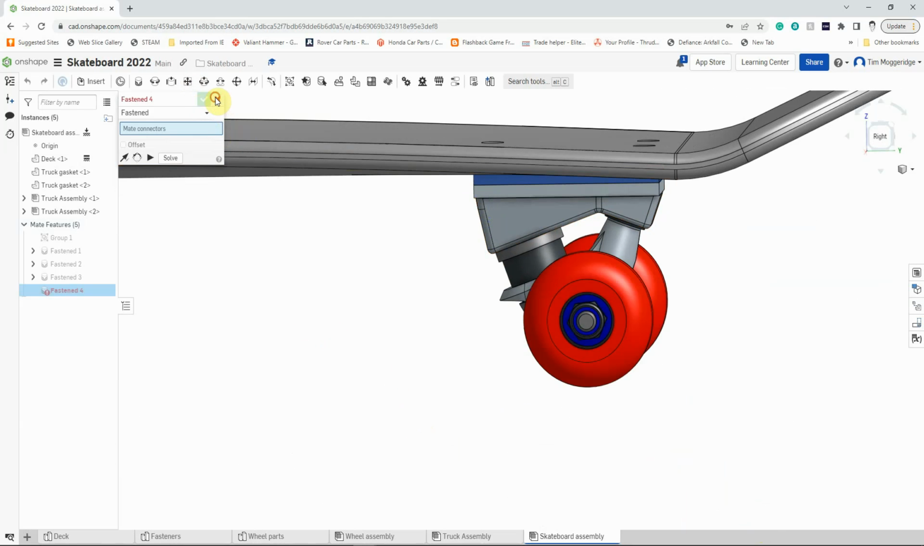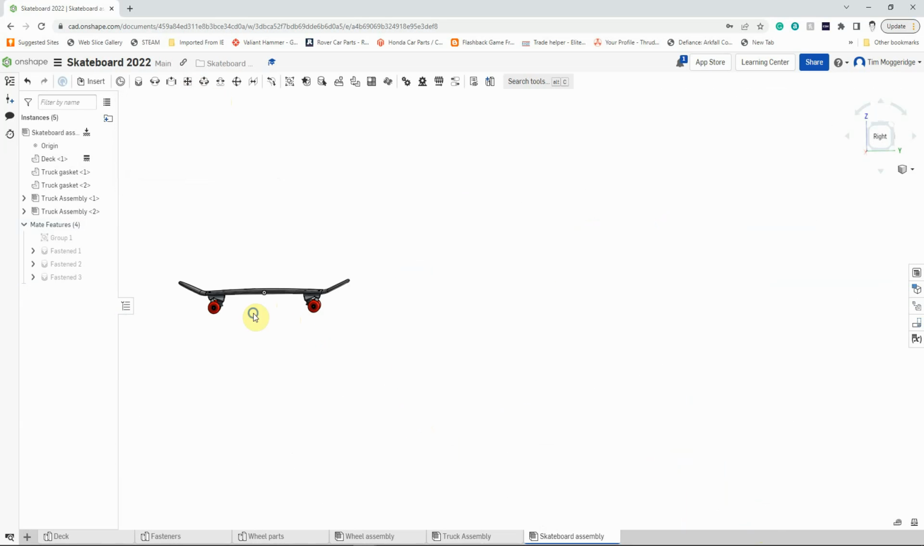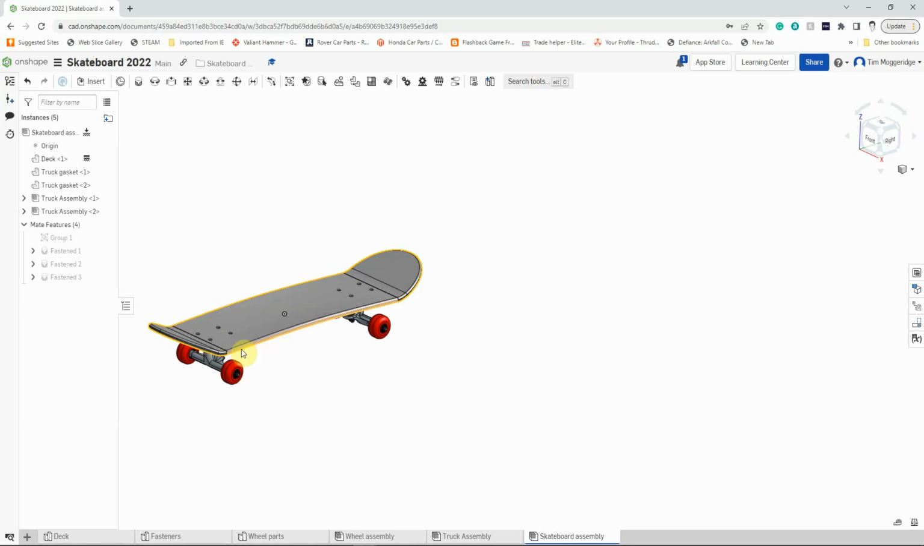We don't want another one. So there we are, we've got that assembled. The only thing that's missing now are our screws and our nuts and our washers to actually allow us to effectively keep the trucks in place. So let's go insert,